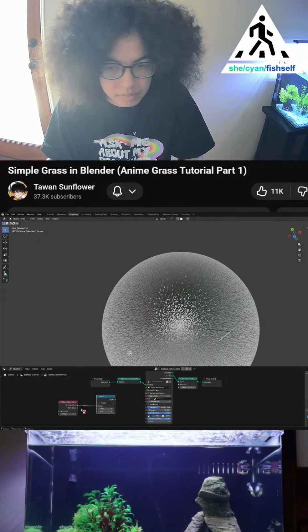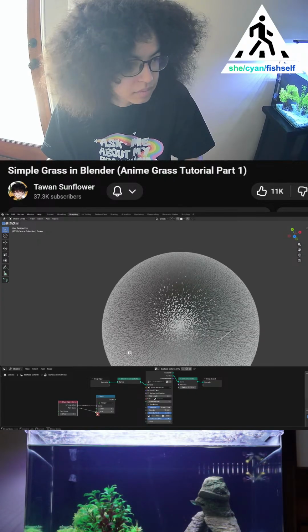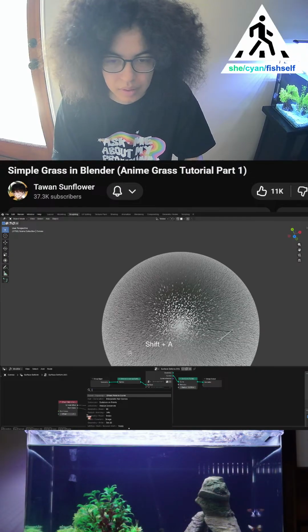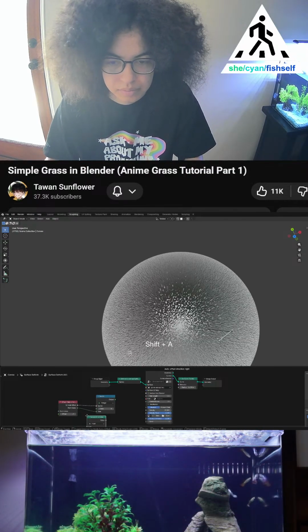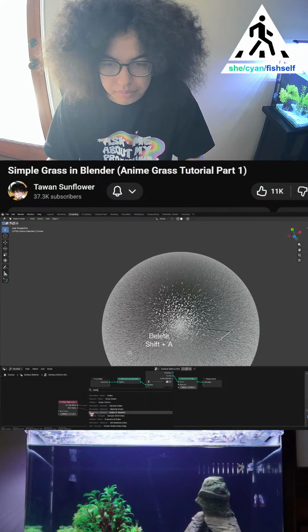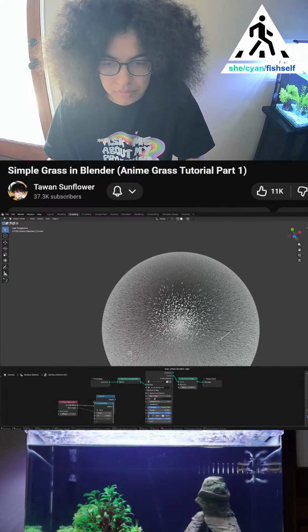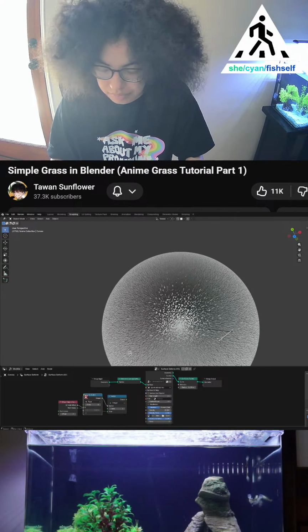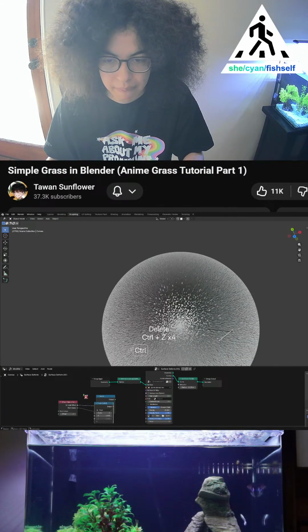Now we'll use an evaluate and index node set to vector and grab the position node and plug it like this to get the position of the previous point. And then add a vector math node set to subtract and plug the current position and the previous point position like this. Now we have the arrow that we can use to do the rotation, but before that we have to accumulate the field using